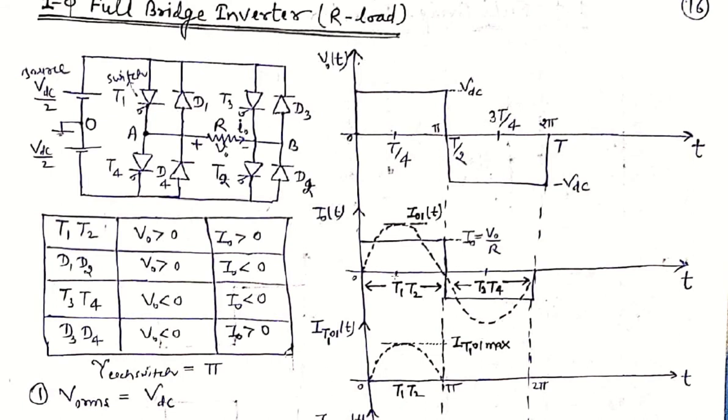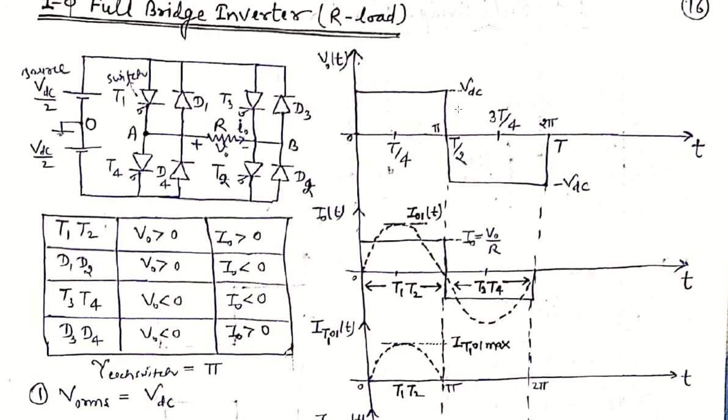To form the closed loop, when T1 and T2 are conducting, what is the path of current flow? It starts from the supply, follows this path, and goes back to the source side. So the output voltage is obtained to be the full VDC, because if you apply KVL, the output voltage equals VDC. In the output voltage waveform, in place of VDC by 2 as in the half bridge configuration, we obtain the full DC bus voltage VDC, because two thyristors are conducting at a time.